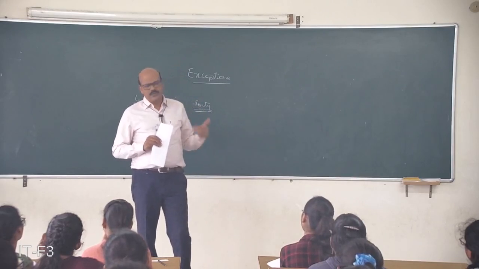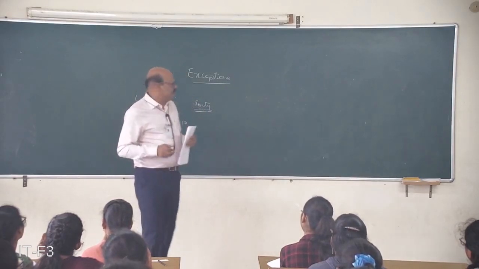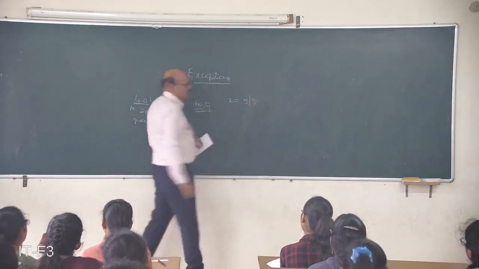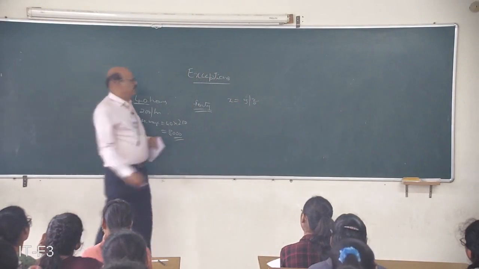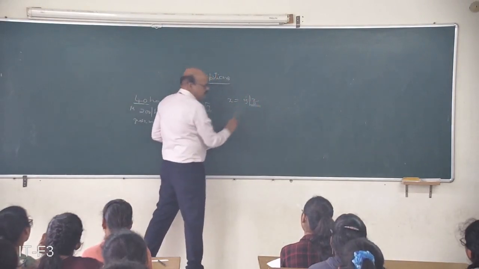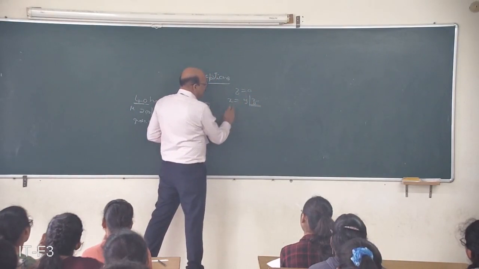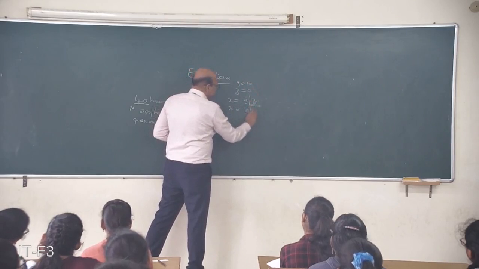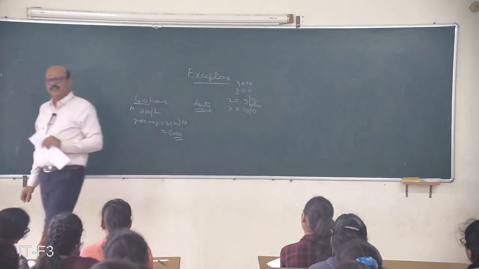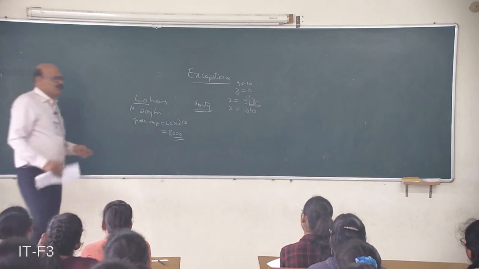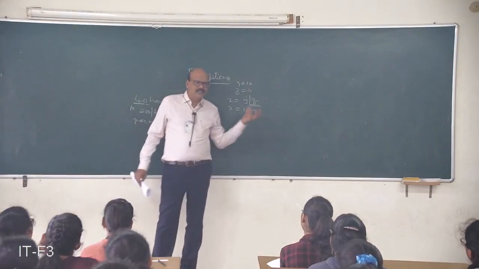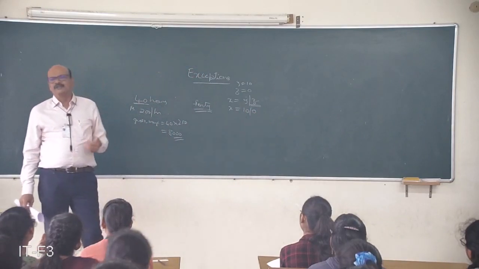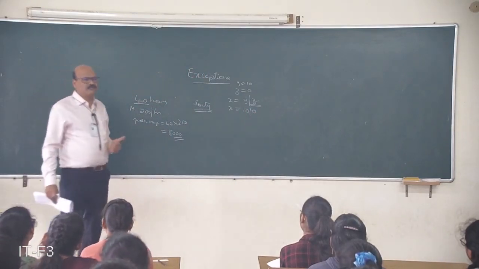Then you will start executing it. For example, in my program, assume that I have written a statement like x = y / z. During the program execution, the value of z has become 0. Assume that y is 10 and z is 0. When the denominator becomes 0 in a division operation, division by 0 is not defined by mathematicians, and the same is the case with your computer.